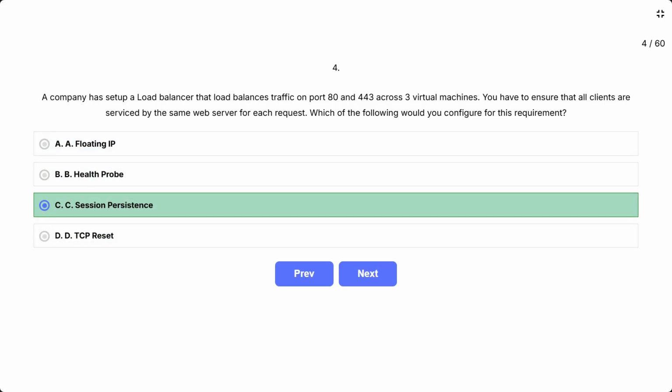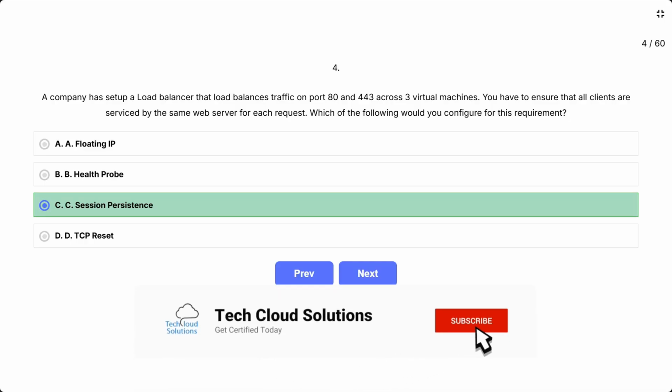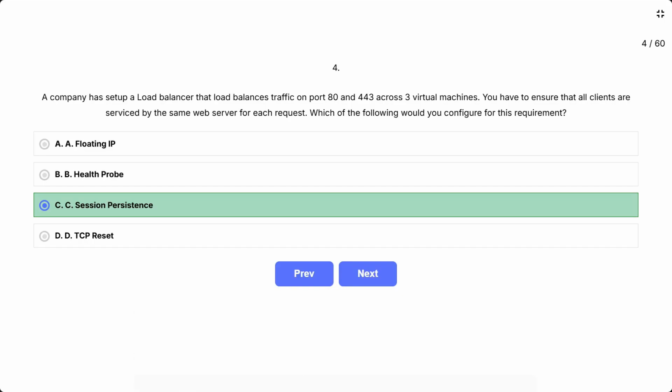Session persistence is also known as source IP affinity. So the load balancer can also be configured by using the source IP affinity distribution mode. This distribution mode is also known as session affinity or client IP affinity.